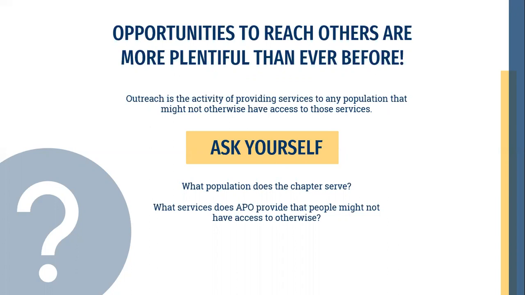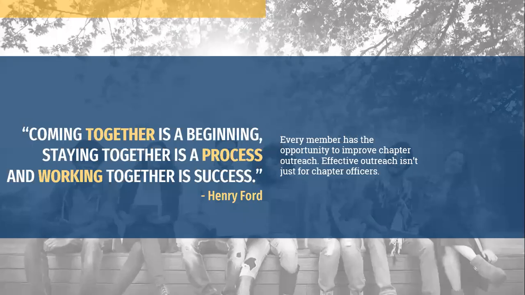And once you're through a bit of reflection for who you're serving, what services does APO provide that people might not have access to otherwise? And this question really boils down to what we saw in that definition: what does APO do for others that other organizations can't do? What makes APO, your chapter on your campus, unique? What do you provide that the other student organizations or Greek life fraternities and sororities on campus just can't compare to? Take another second to reflect on these questions, and then we're going to move on to a quote